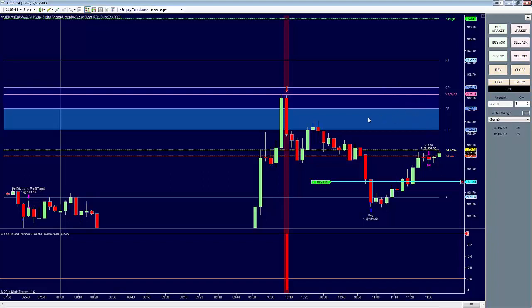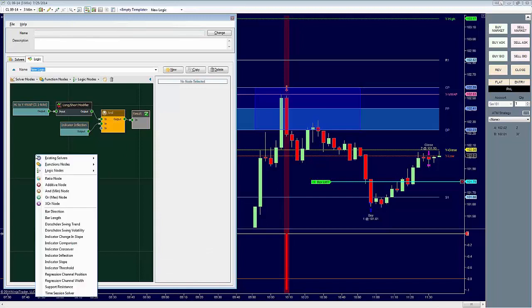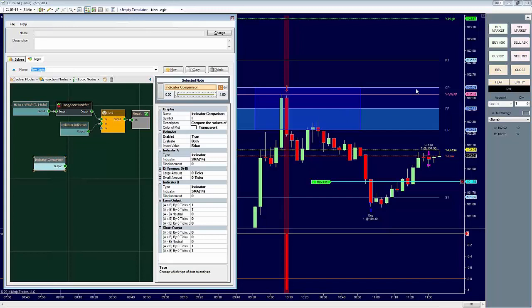Okay, but let's say that we want to show when any bar is within this range right here. If any bar is touching the DP or the CP or is within the 2. So how would we do that? Well, let me show you. So let's first build that condition for the central pivot. And we're going to do exactly the same thing. We're going to use